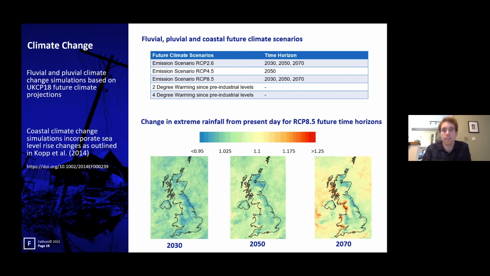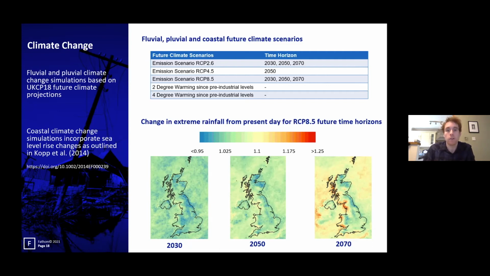We expect the largest increases in rainfall to occur across western parts of the UK, such as the Lake District and parts of Wales. And so we drive these changes through our flood models to understand what the change in flood risk is. For our fluvial model, we go one step further and we take present day and future rainfall estimates, and we run these through rainfall runoff models to estimate how river flows may change in the future as well. And then we rerun our hydrodynamic flood models with these changes to model the impact on flood hazard.